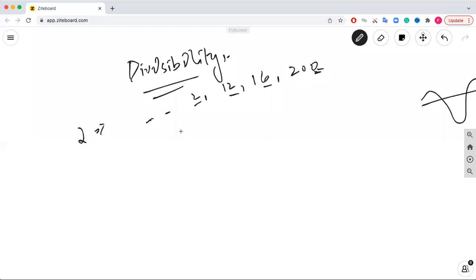Now, when a number is divisible by 3, let's suppose we have 3, we have 33, we have 27. If the number is divisible by 3,